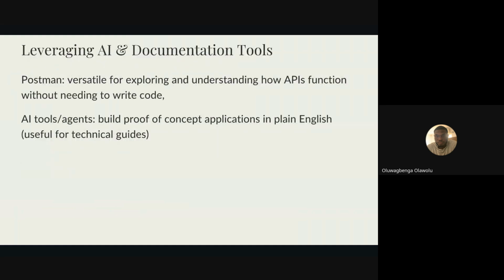And yeah, moving on to the next thing: how we can leverage AI and documentation tools. AI now is all the rage, right? Everyone uses AI. People use AI to build stuff. So if you can use AI, why do you need to bother about the technical intricacies of these things? I've been using AI in my work, not for a long time, but I can tell you that it's not what it seems on Twitter.